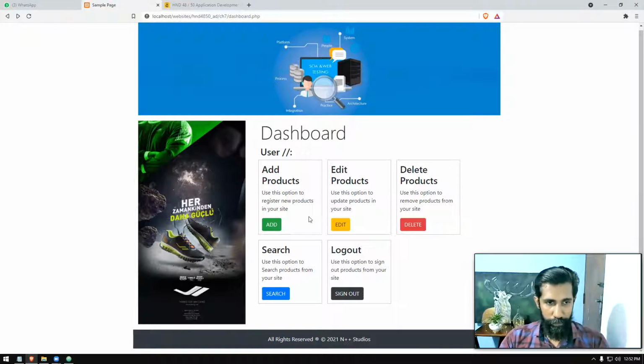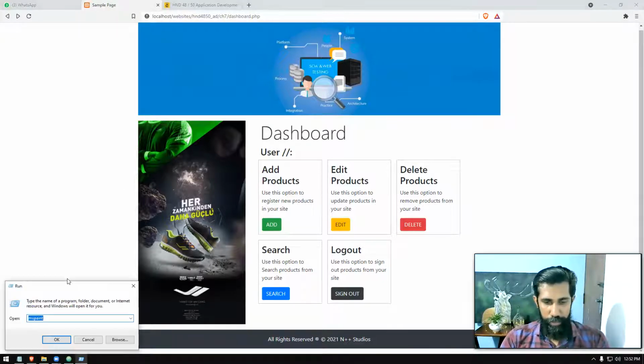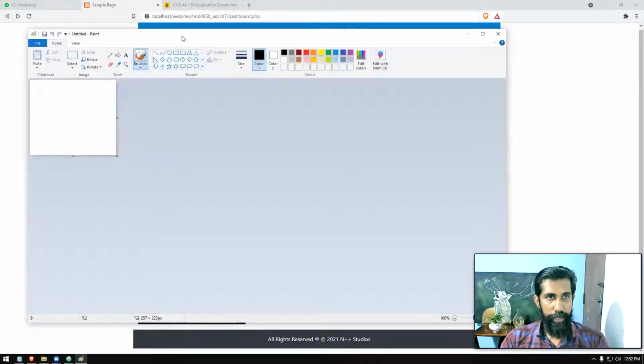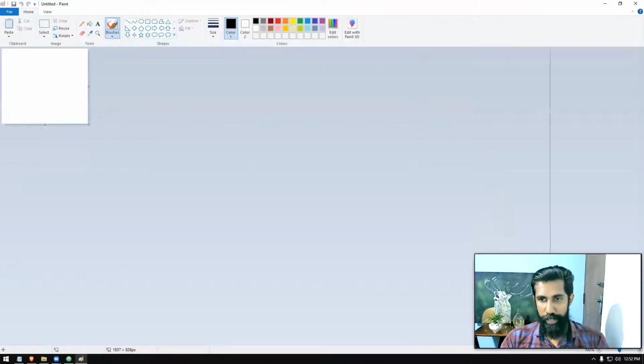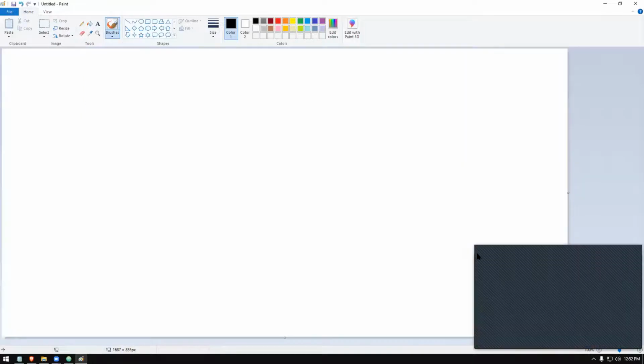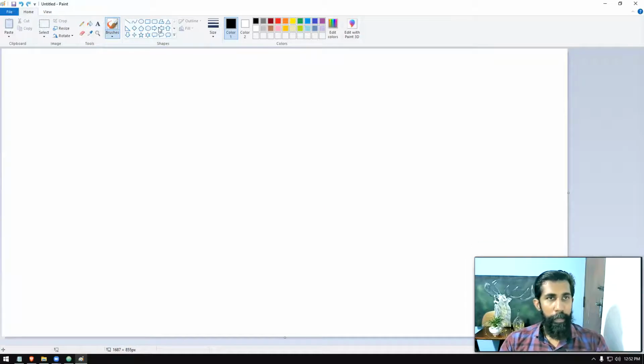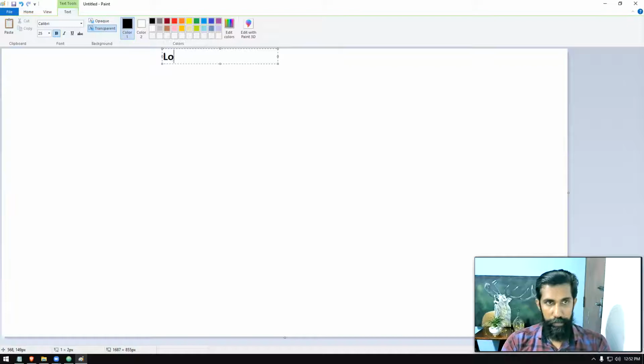Right. So let's take a paintbrush and let me give you the lesson plan of how it's going to work. This is how I'm going to build it. When we are building the login module, all of you know the reason we are calling it a login module, right?